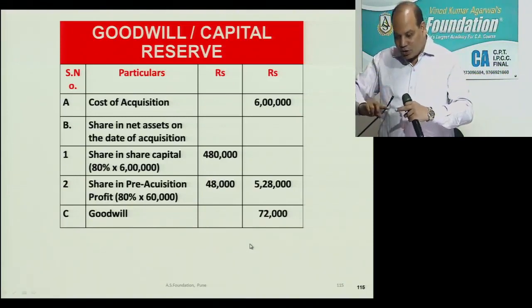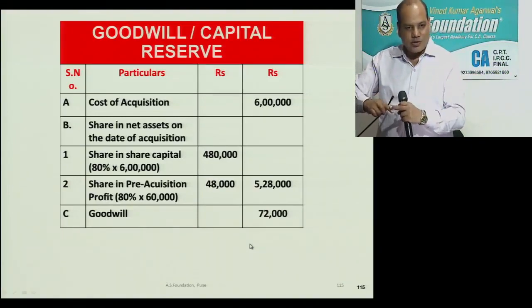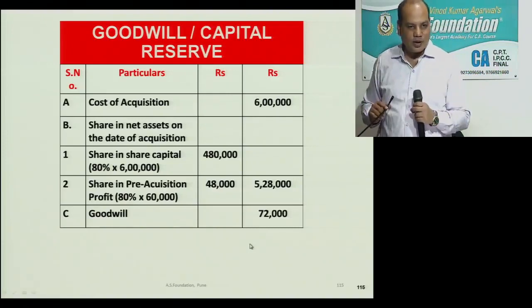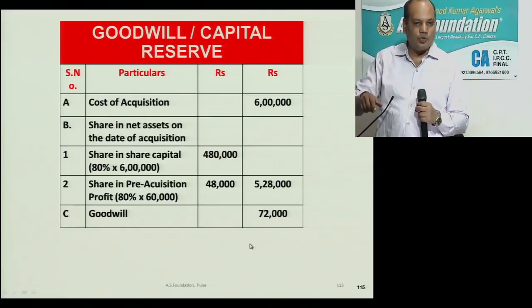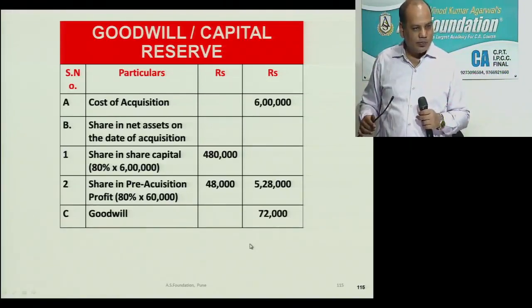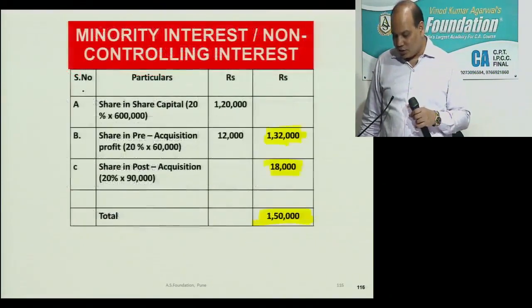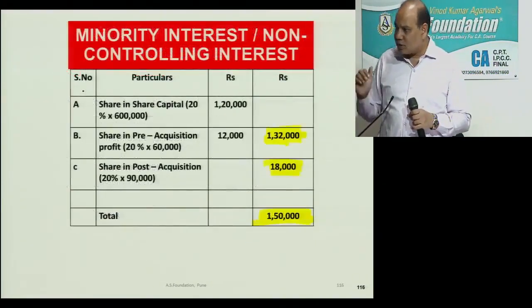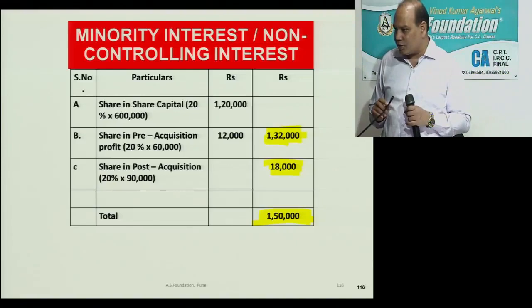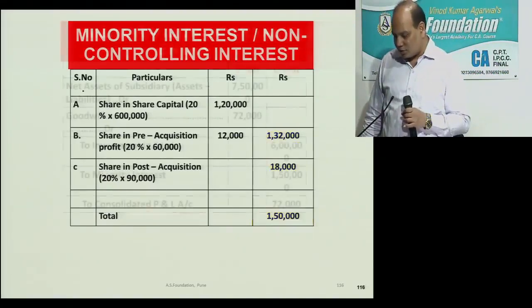If the subsidiary's profit is changed in the adjustments, then it will not match. It will match only after giving the effect of those adjustments. That is why I warned you, don't try this method, because if the adjustments are given in the profit figure of the subsidiary, then it will not match the way it was matching right now in this question.